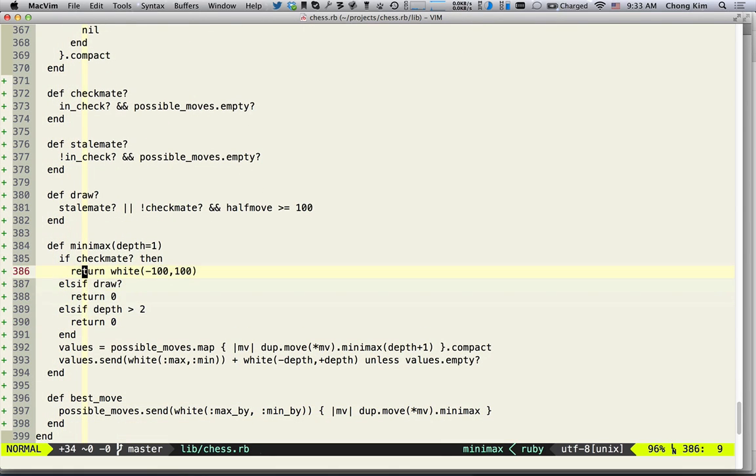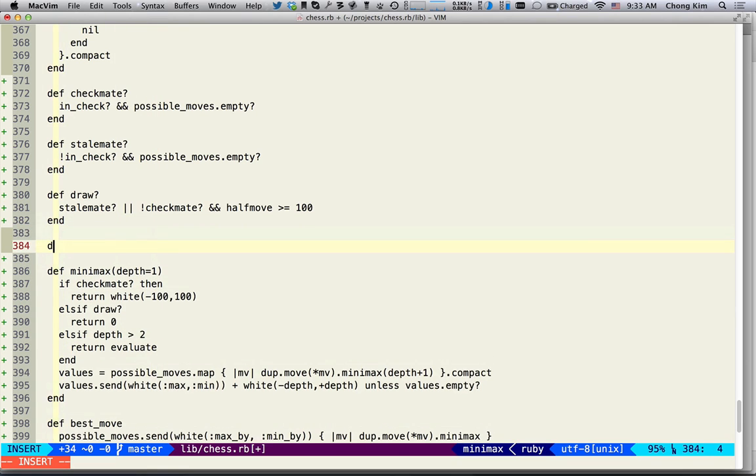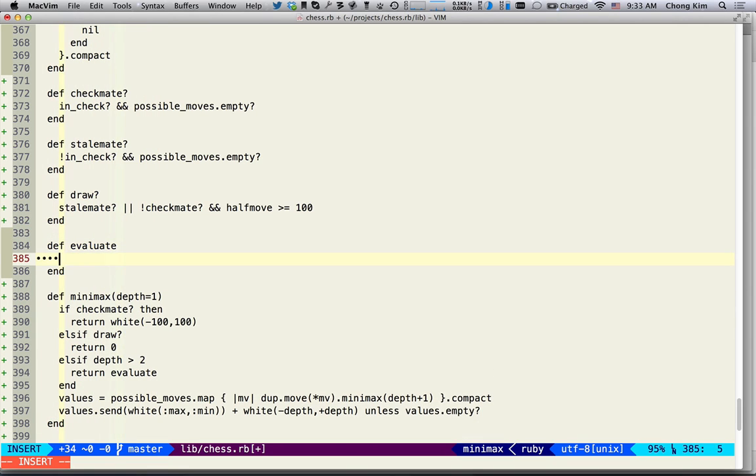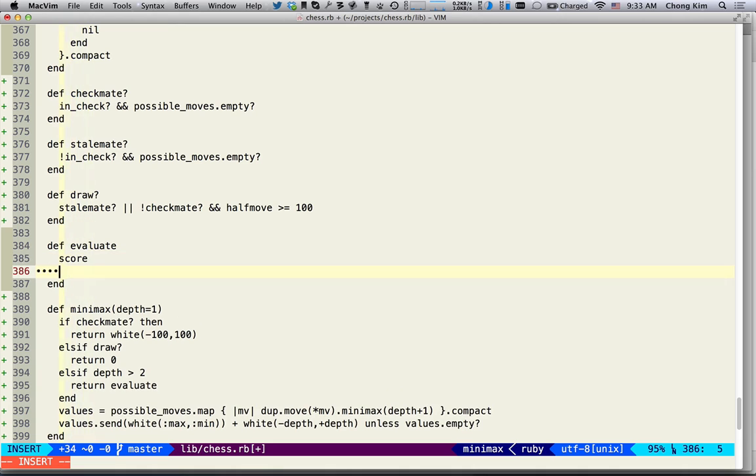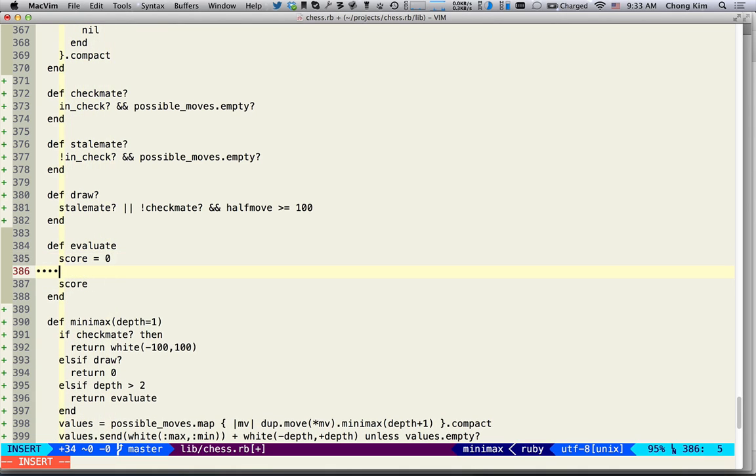If it's not a checkmate or a draw, then we want to actually evaluate the position. So evaluate. And for the evaluate, we're just gonna have a score. I'm gonna set it equal to 0 in the beginning, and then we're gonna start adding stuff. So we're gonna add the board,